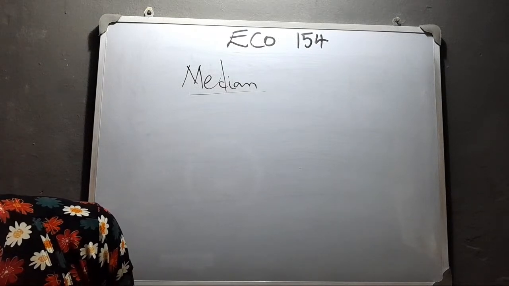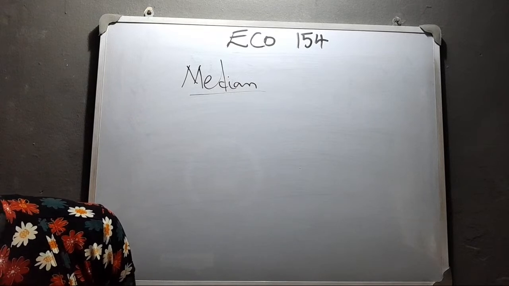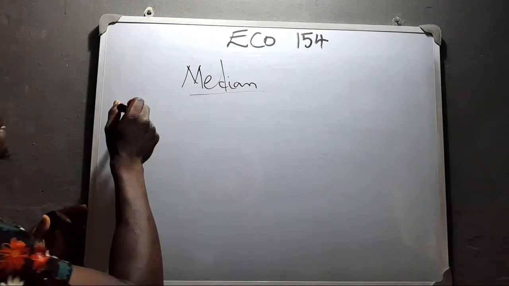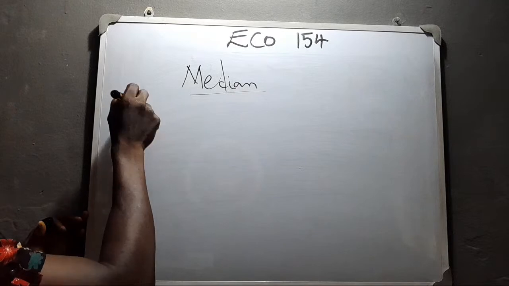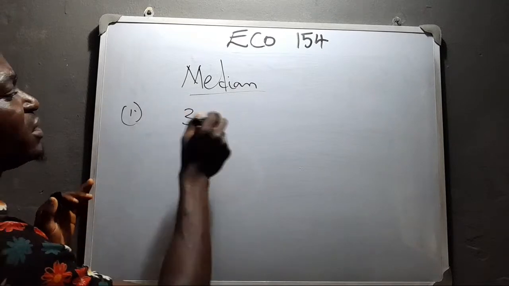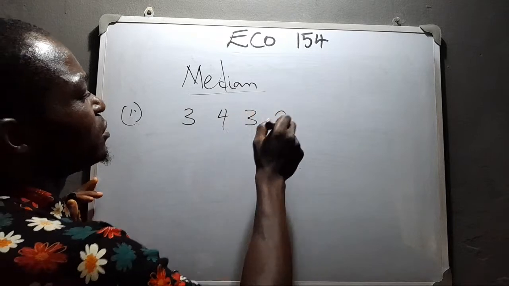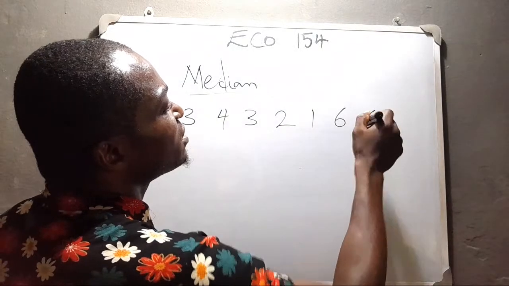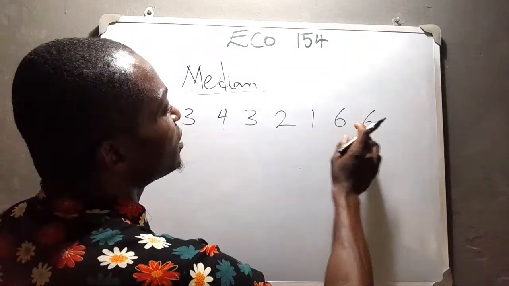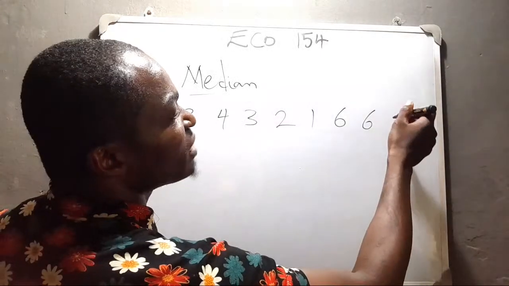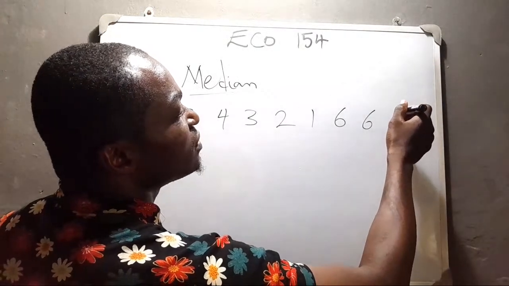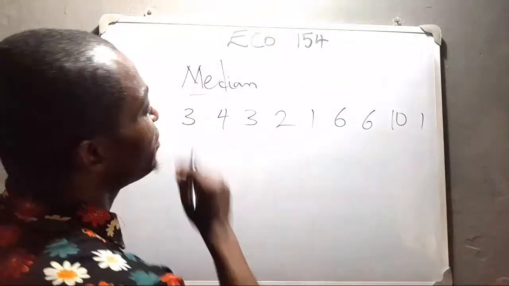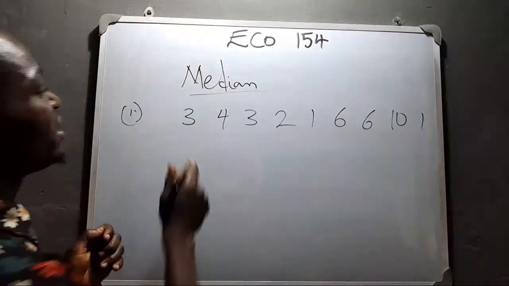So let's take an example from median. Let's just pick some numbers. For instance, we have 3, 4, 3, 2, 1, 6, 6, and we have 1, 2, 3, 4, 5, 6, 7. Let's pick like 9 numbers. We have 10, and we have 1. So here we have 9 numbers. So given this as our x,